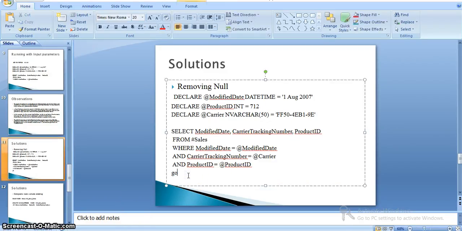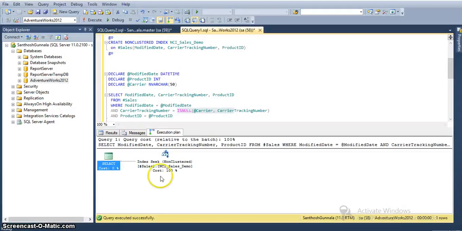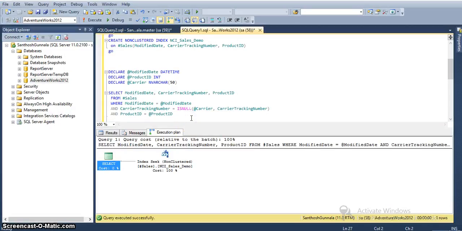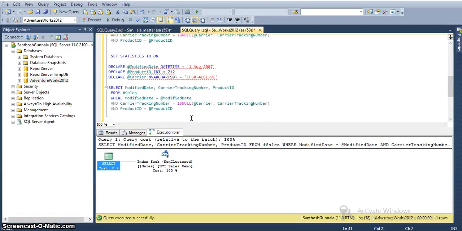I am taking the same query again, just removing the null value. So here I will remove this null value, I will just include this carrier. Okay, we'll run this query.